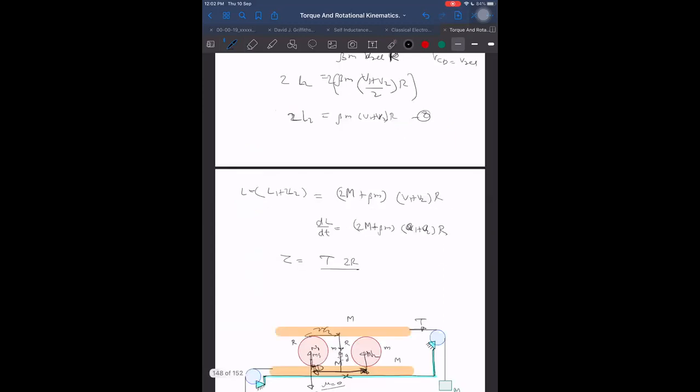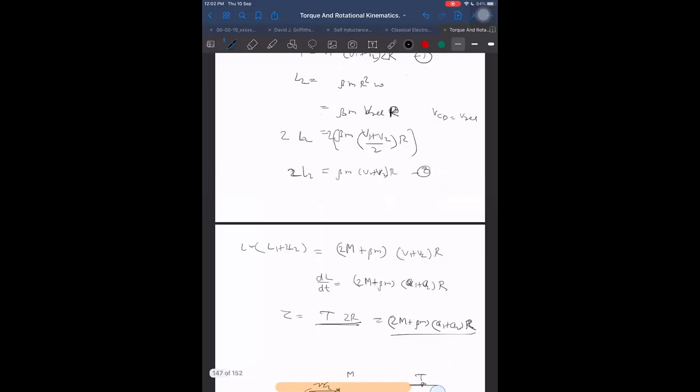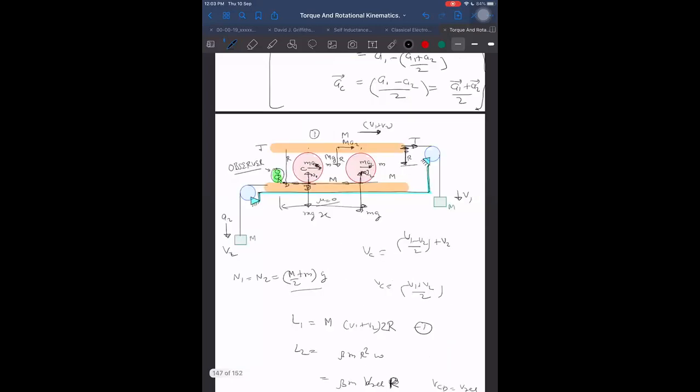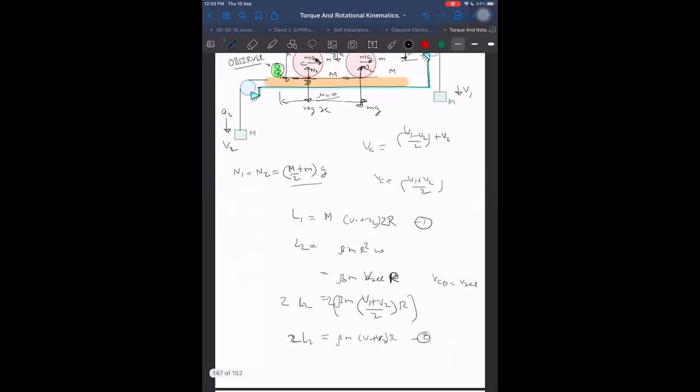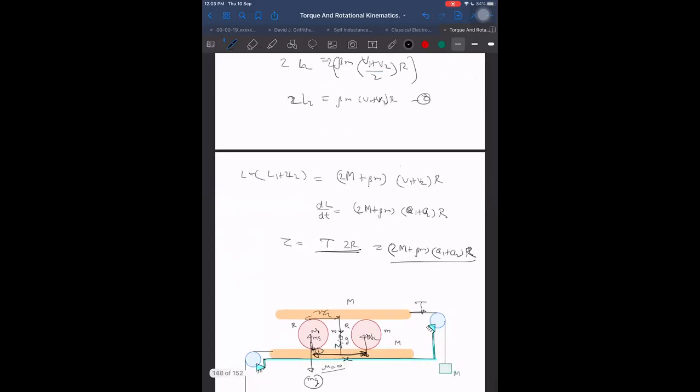Then I can simply say that the external torque is equal to (2m plus beta m) into (a1 plus a2) into r. I can directly say that, wait a second, I have to still take one more torque here. Sorry, the pseudo torque due to capital M a2 and due to small m a2. Those also have to be taken. So what are the pseudo torques? Pseudo torques will be due to capital M, a2 into 2r distance away, and small m into a2 at a distance r, and these are multiplied by 2 plus this.